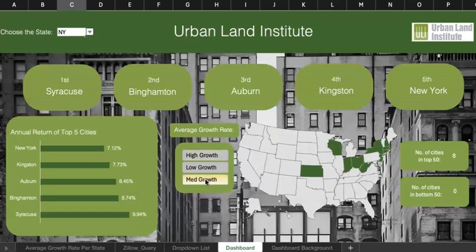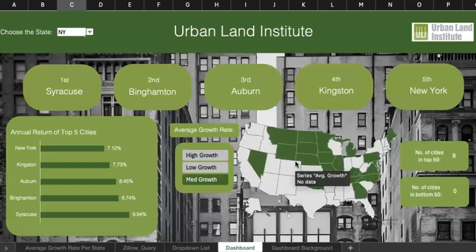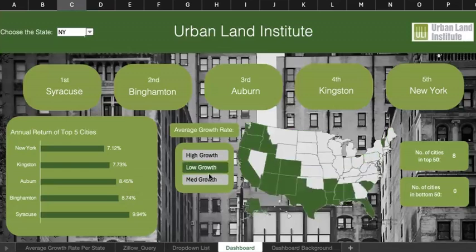And then if we go to medium growth, it'll highlight the states with medium growth and low growth as well. And I should mention high growth I defined as above 4.5%. Medium growth was defined as between 2.5 and 4.5%, and then low growth was anything below 2.5%.